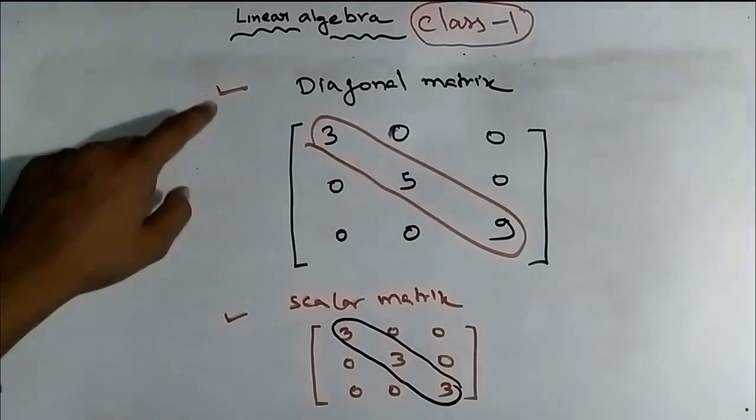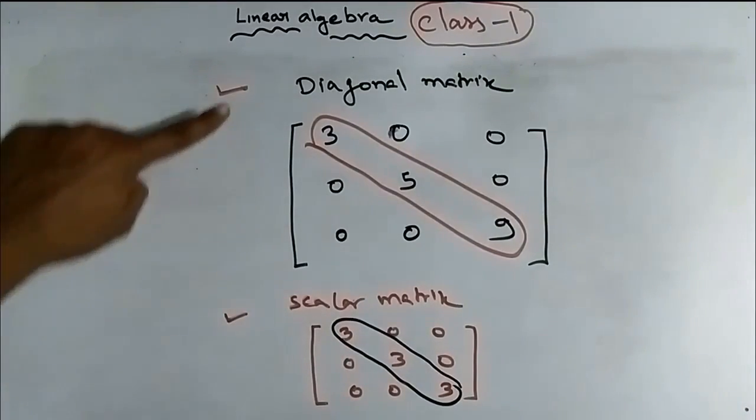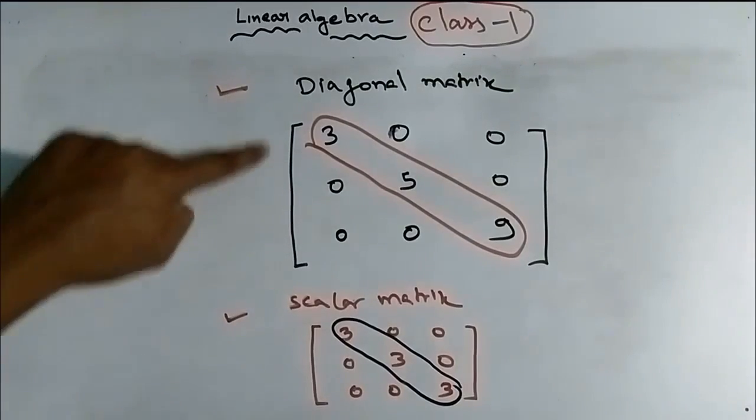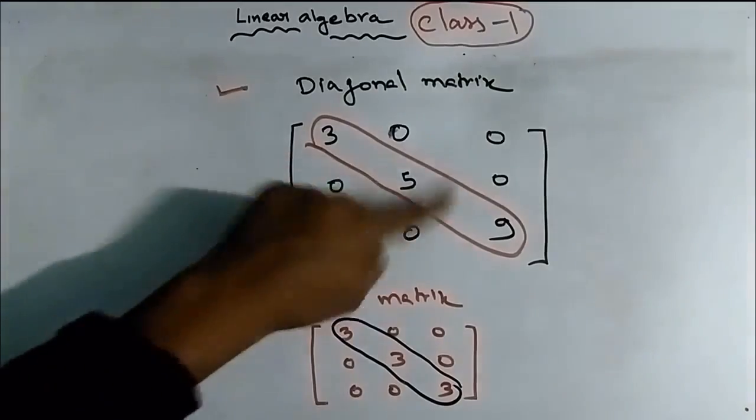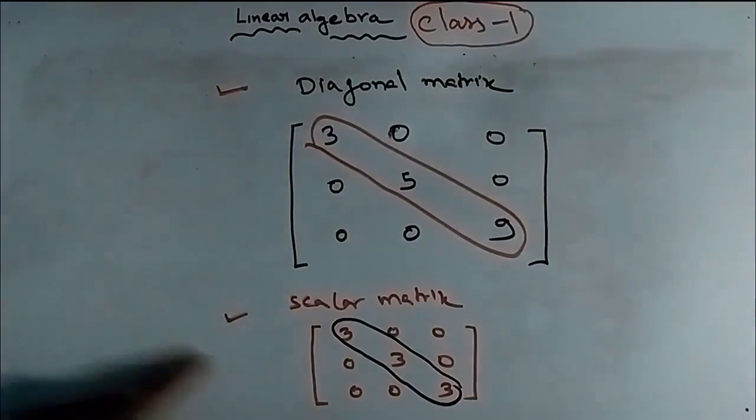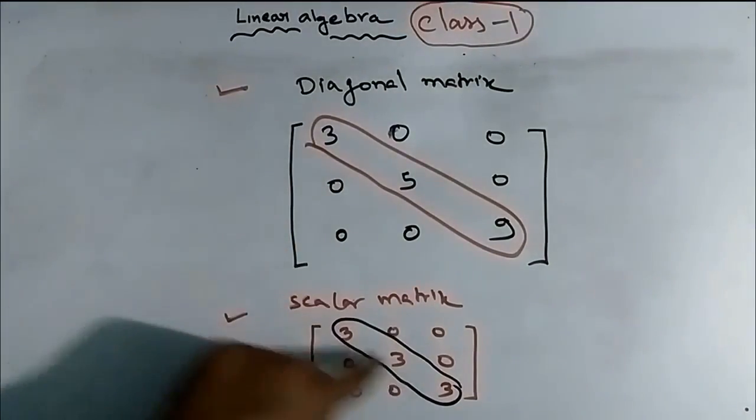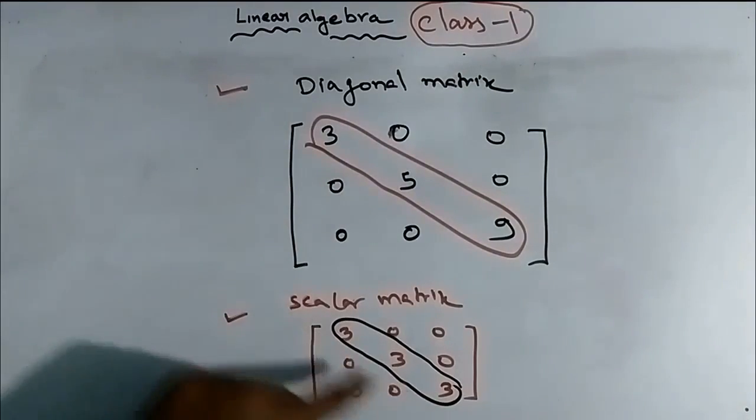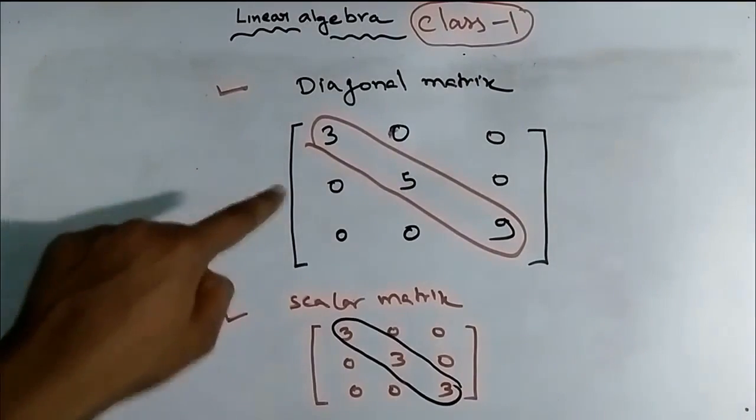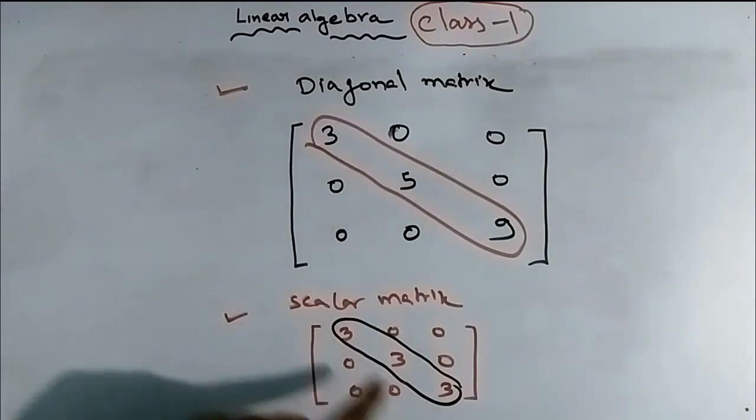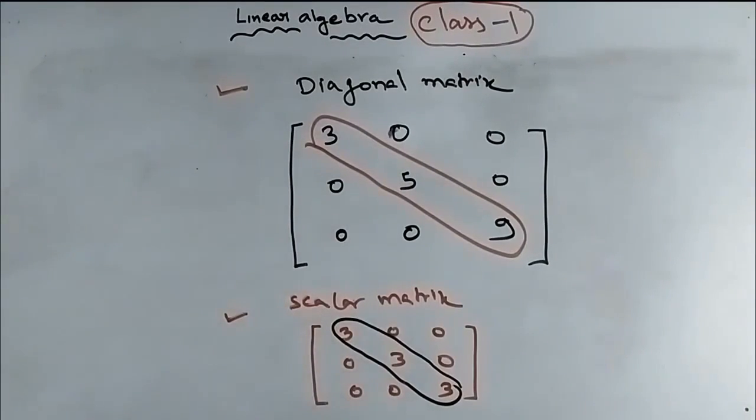So let's conclude these two things. A diagonal matrix must be a square matrix in which all the elements other than the diagonal elements are zero. A scalar matrix is a diagonal matrix in which all the diagonal elements are the same. So a scalar matrix must be a diagonal matrix, but one in which all the diagonal elements are the same. Okay,